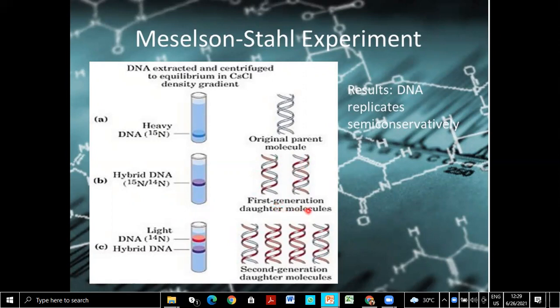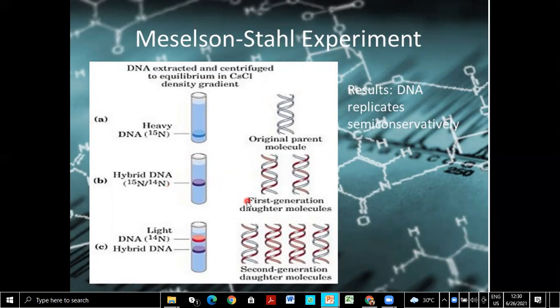So the first generation daughter molecules were all N14, N15. Why? This medium was now N14 medium. So they can pick up the new nucleotide strands containing N14. N15 is not there; they are grown in the N14 medium. So the old strands are N15, and the new N14 strands are produced. Isn't it? So in the first generation, all daughter molecules were hybrid DNA. Hybrid means one strand is parental N15 and the other strand is N14.